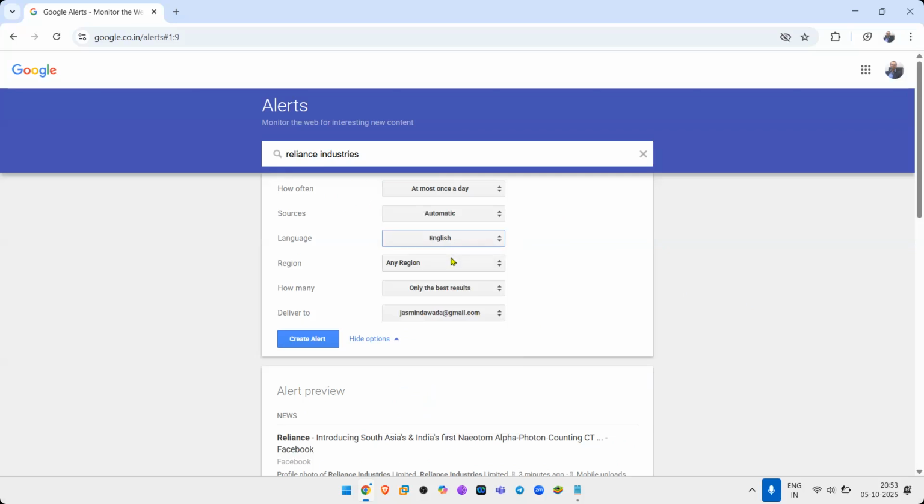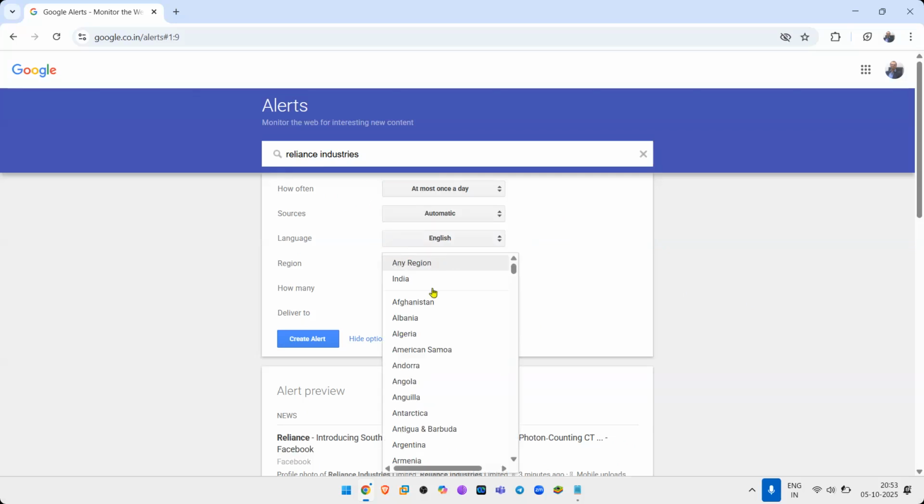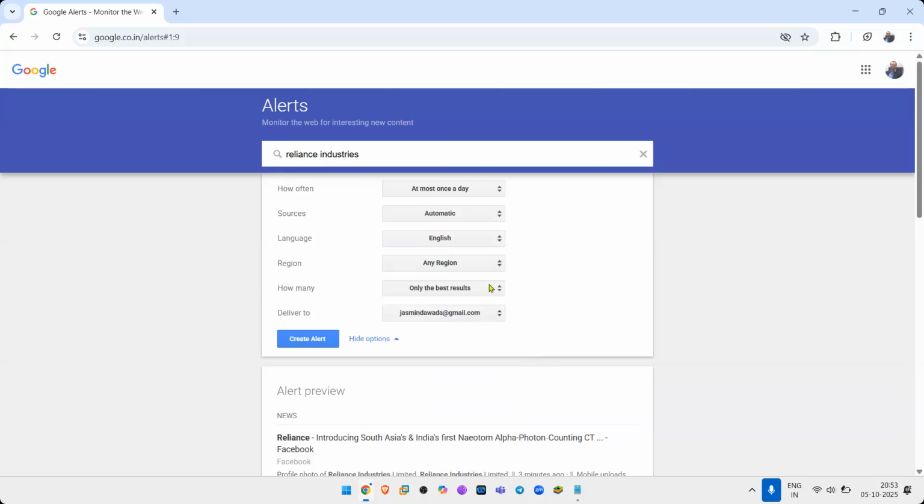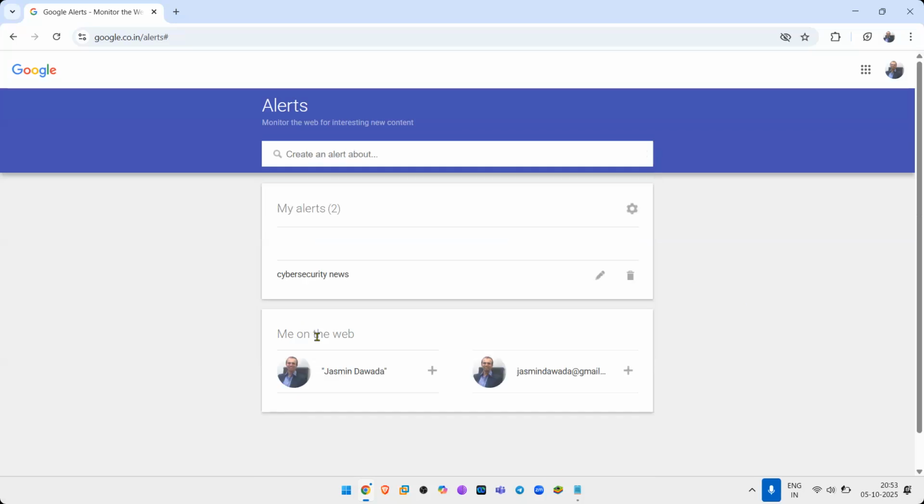And any region, you can select any region or the country in which you want to follow up. How many? I want only the best results or I want all the results. So only the best results for me. And that is delivered to your email address. Just click on Create Alert. And now, if anything is happening in Reliance Industries, my inbox will keep me informed.